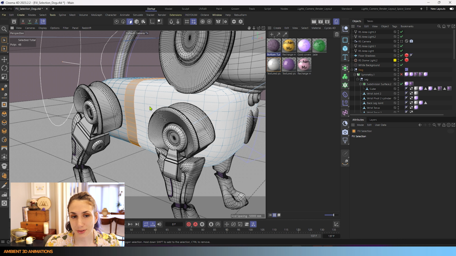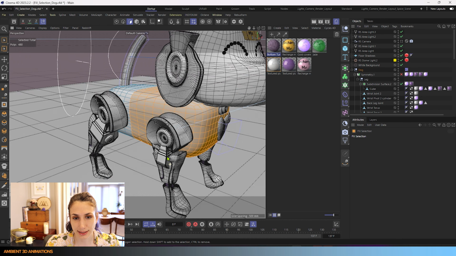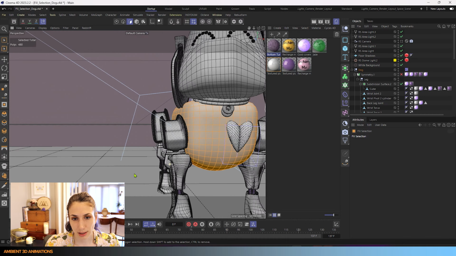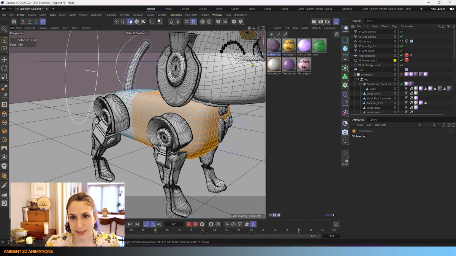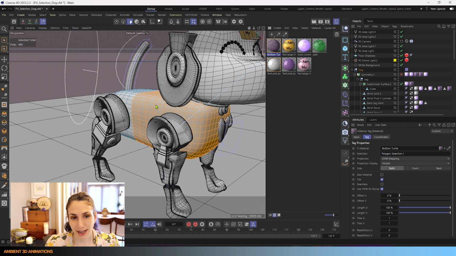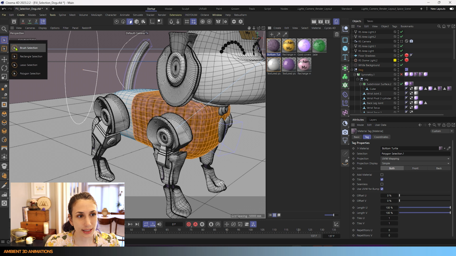And now if I hold down Shift and I select this entire area here, you can see that it fills it in. If I move my mouse over here, you can see instead it's filling in this other side. So I'll hold down Shift and I'll add this to our selection. So it'll fill that selection there. And you can see it's selected all the way around. And now we can simply drag and drop our material so that now we can add it to our dog. And we've applied it.